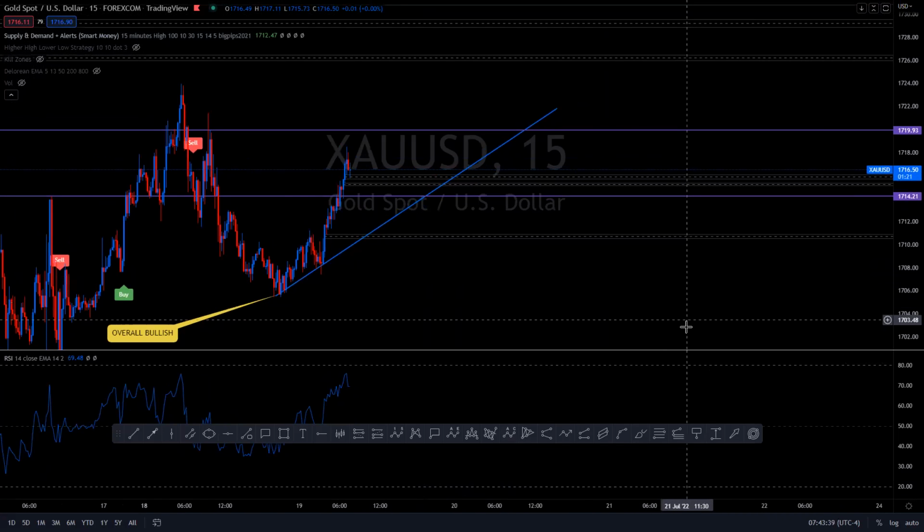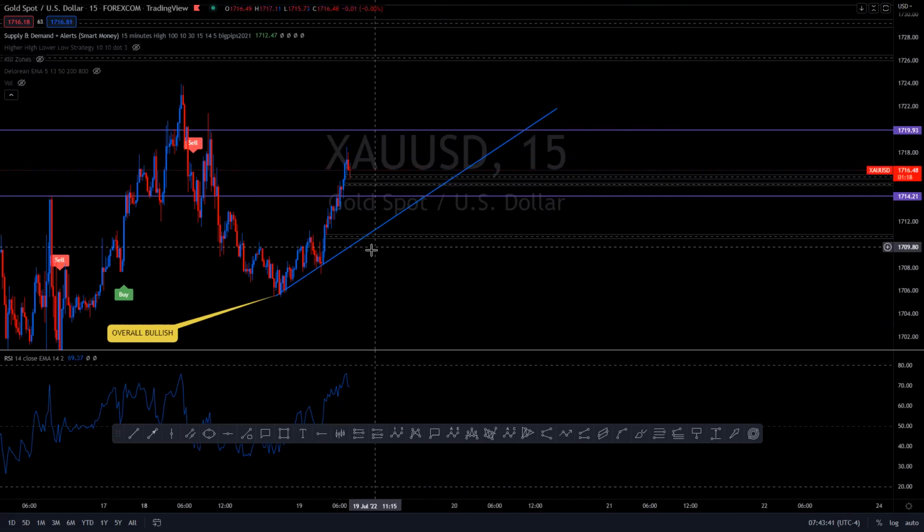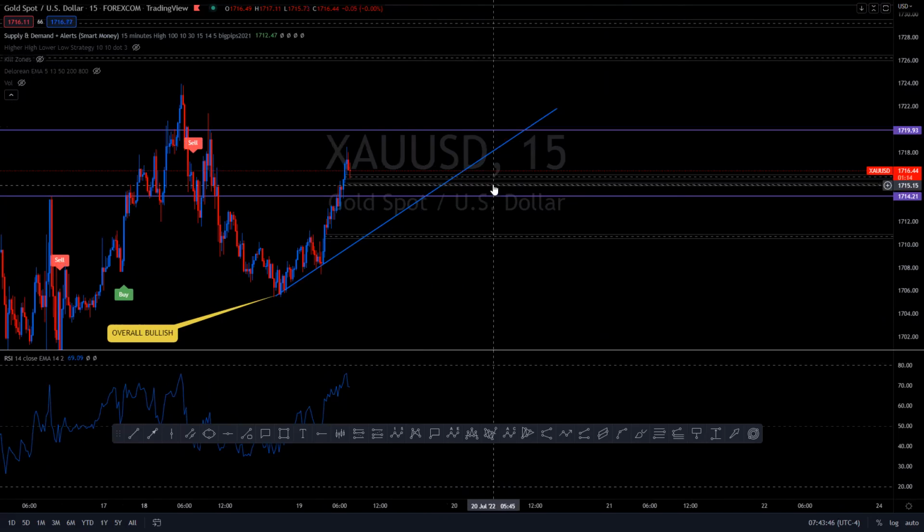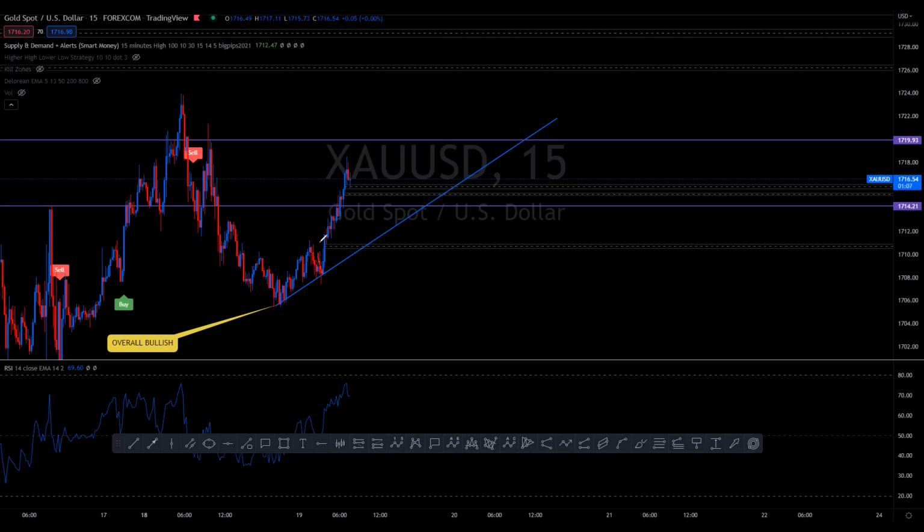So now I trade institutions. Basically, I trade imbalances. Okay, so we have a couple imbalance gaps here. So when we look at this previous move here, we see that price went up for a buy. It was either London session or Asia session. Price made this big up move. So they made a lot of money off of this move, but they're going to have to mitigate half of this to basically make up for these sell orders that didn't get filled, even though they made a lot of money on these buy orders.